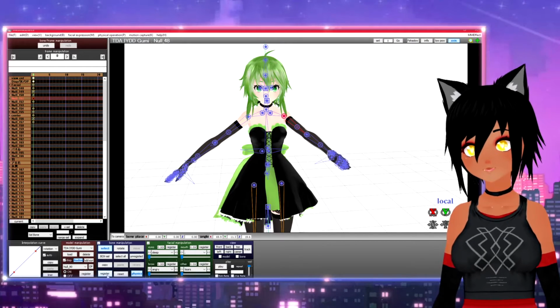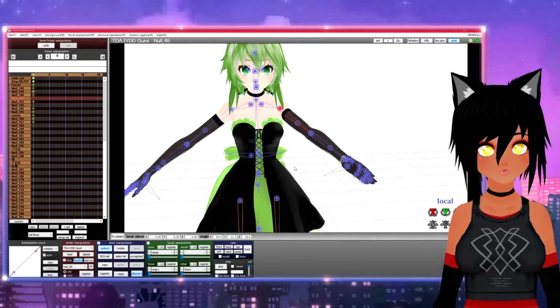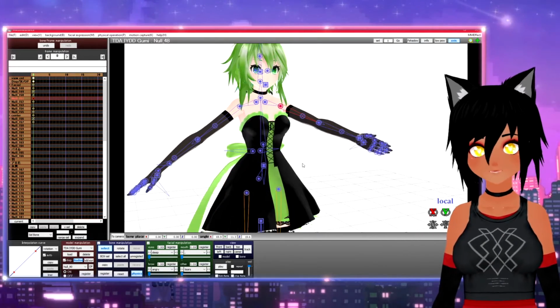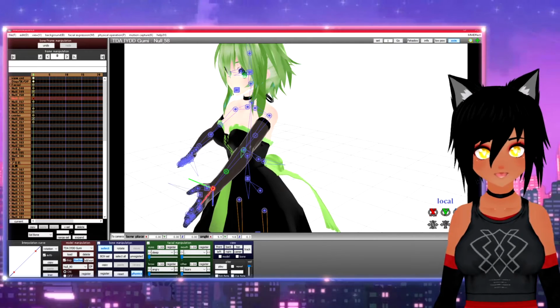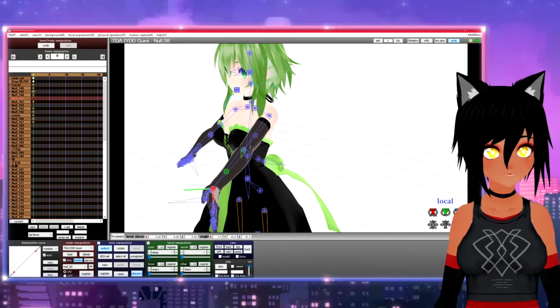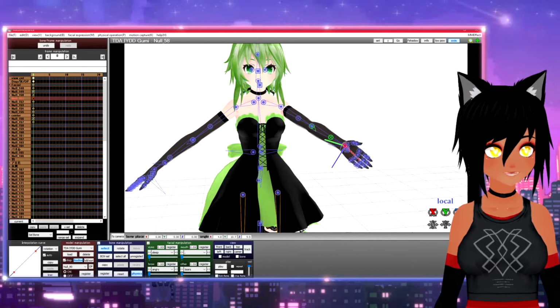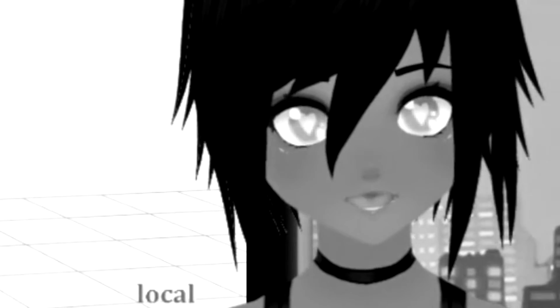So be sure to smack that register button every single time. Do not forget. You will cry. It will be a nightmare. Just trust me. So you can twist it that way and make her go hi, hello, hi, or just make her hand move, okay? Congratulations, you learned how to make her hand move. Finally, your parents can be proud of you.